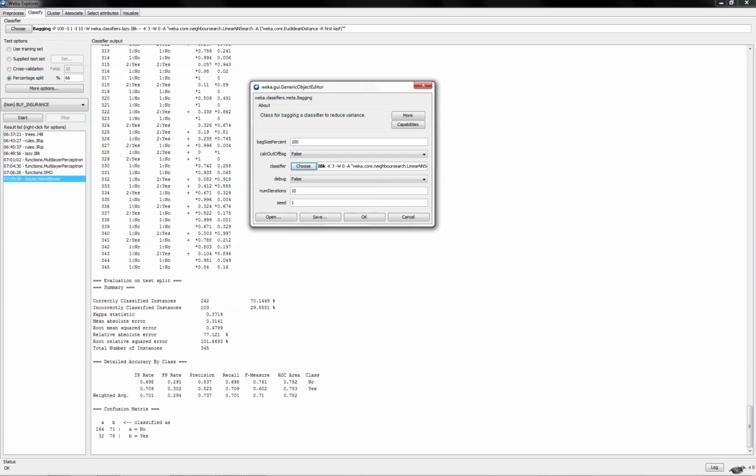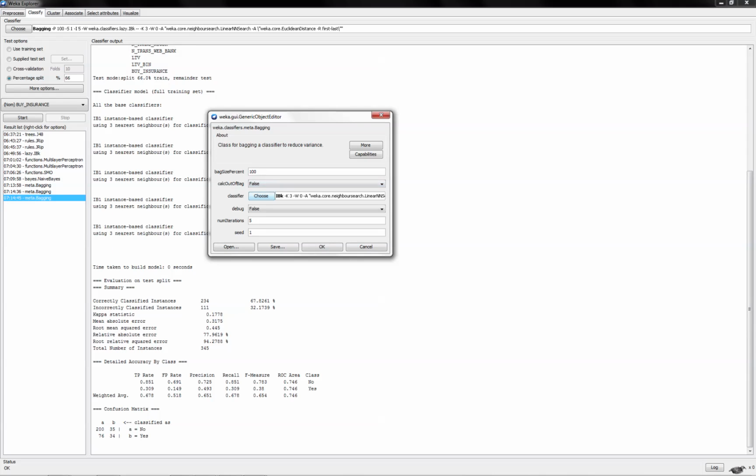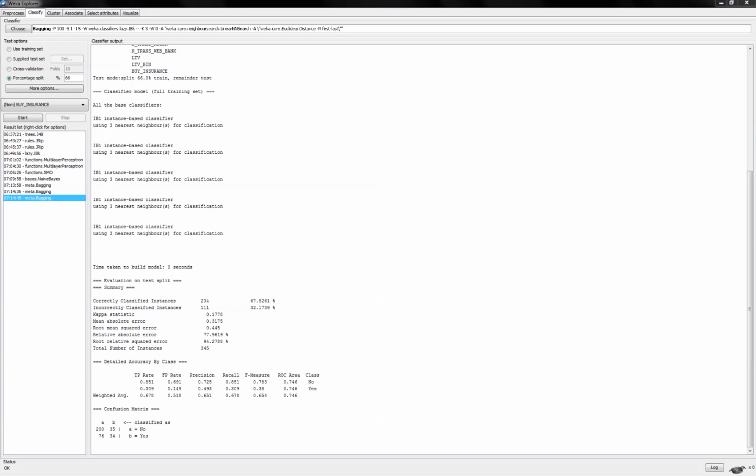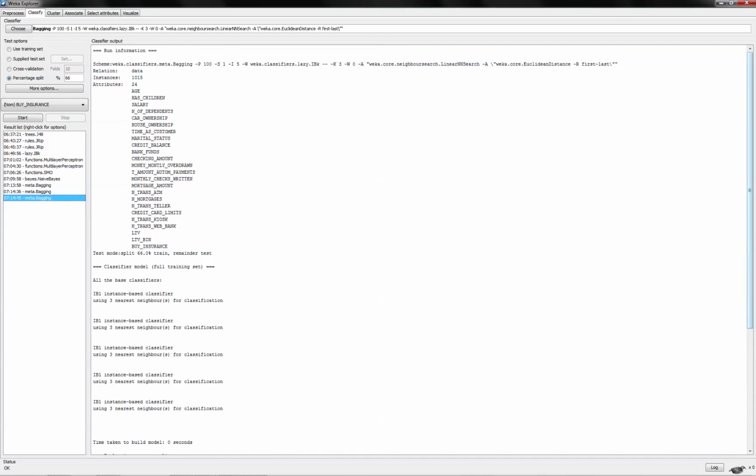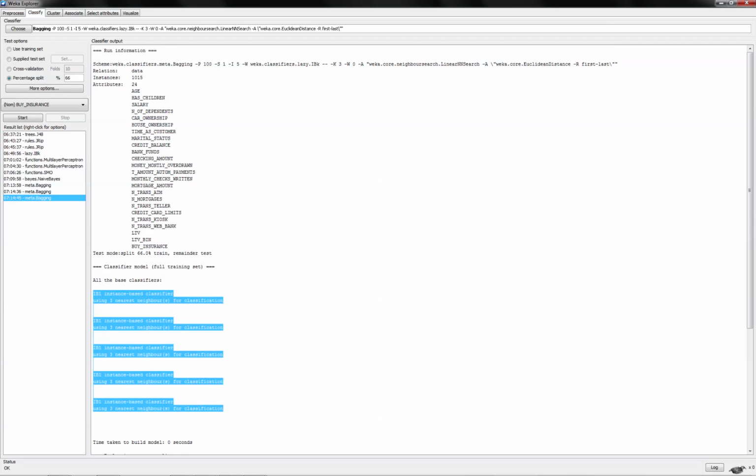The decision is based on the majority of the decisions by the individual classifiers, and maybe change the number of iterations to just 5. And this is the result. Under the list of attributes, you see the classifier model with all the base classifiers, and here you have 5 base classifiers,